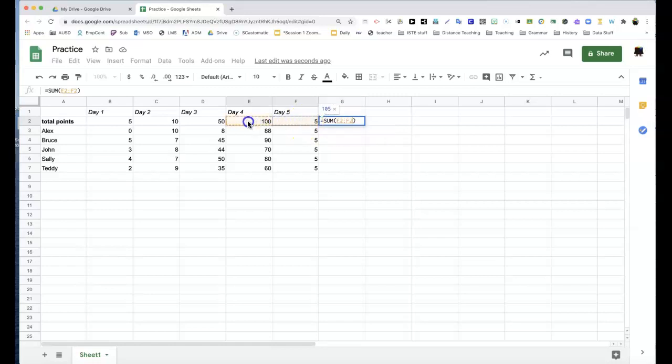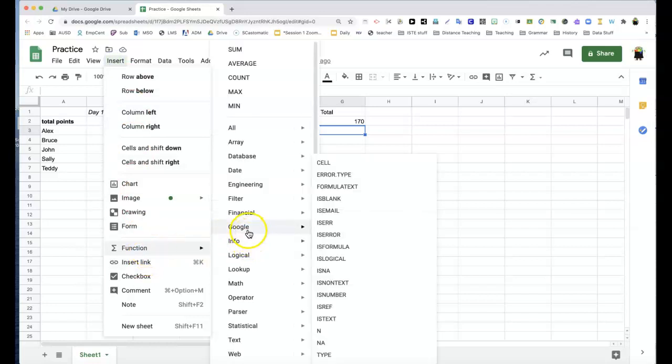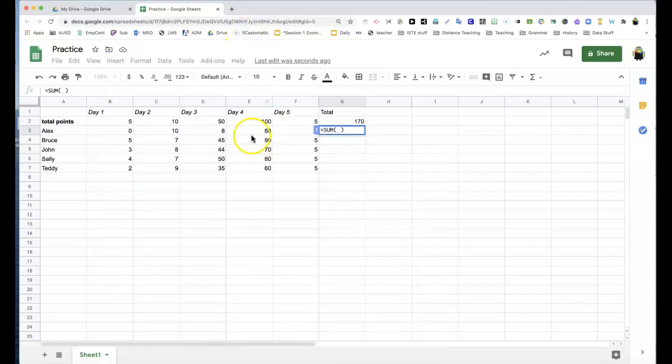And I just need to highlight these 5 cells, so I want to add them up. That's cells B2 through F2, and I'll hit the return or enter button. That's the total number of possible points for the week. And I could do that same process, insert, function, sum, highlighting those cells for my student Alex, and hitting the